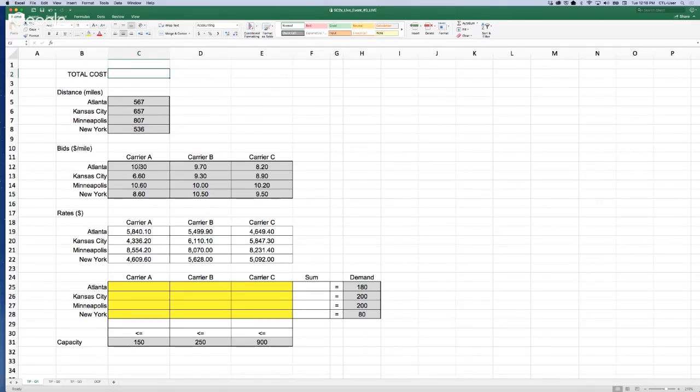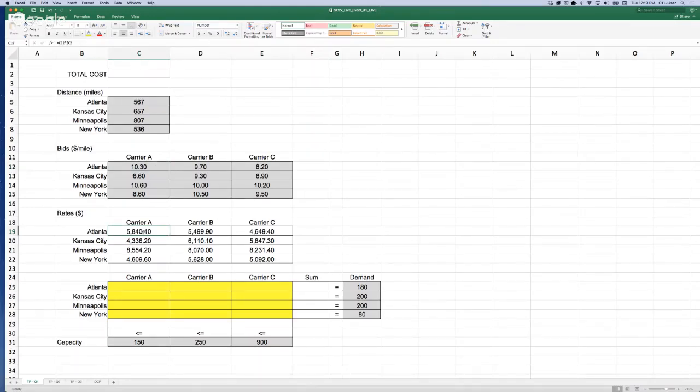Then we have the bids for the different carriers, the different lanes, and these bids are measured in dollars per mile. So the first thing that I did is just to convert these bids that are in dollars per mile to just dollars. And this is simply multiplying the dollars per mile by the distance.